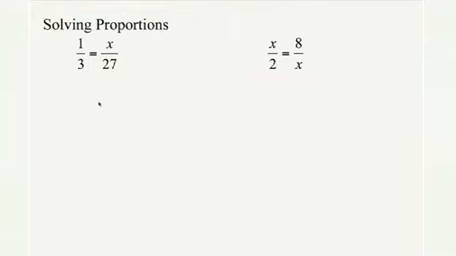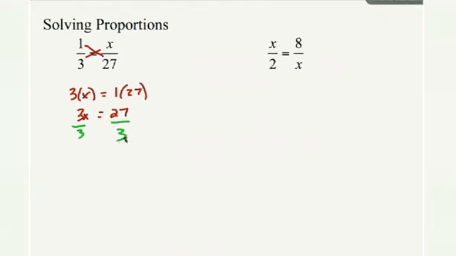Okay, our first problem here, very simple proportion to work with. We have 1/3 equals x over 27. Whenever you have a fraction equal to a fraction, whether you know it or not, the cross products must be equal. So we in turn cross multiply to solve this equation. So we end up with 3 times x equals 1 times 27, or simply 3x equals 27. Now to finish solving that equation, you realize that we just divide both sides by 3 to get our final answer of x equals 9. And that problem is finished.